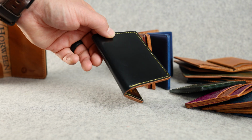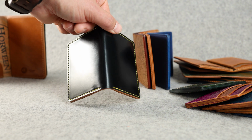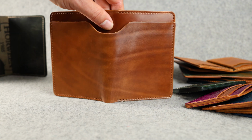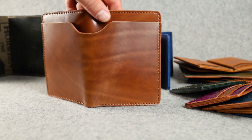And then something about that neon green, neon yellow. I think it's a yellow. This neon yellow thread makes the black look even better. And we have a couple of our traveler passport holders. And the first one is made in the Epic Natural Shell Cordovan, where you get to see all this additional